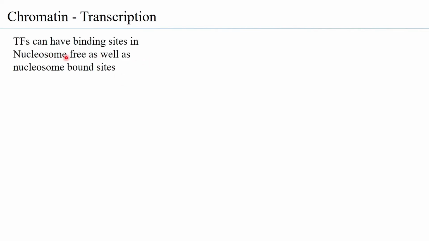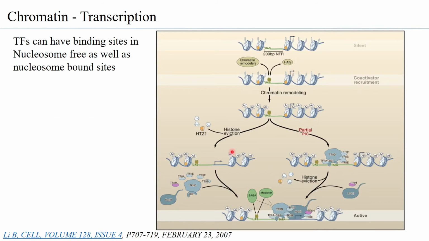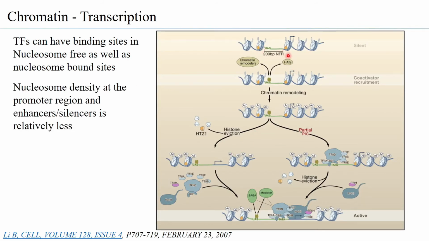Now, the transcription factors, as we have observed, can have binding sites in a nucleosome free region, or they can also have a binding site at nucleosome bound sites. Now, interestingly, in yeast, what has been observed is that wherever there is a promoter region, the nucleosome density is less, so it is considered to be an open chromatin region. In fact, even the upstream activating sequences are in a less condensed or open chromatin form. But it is not completely